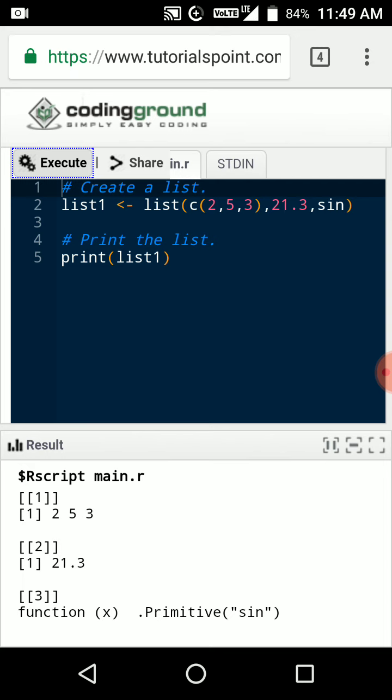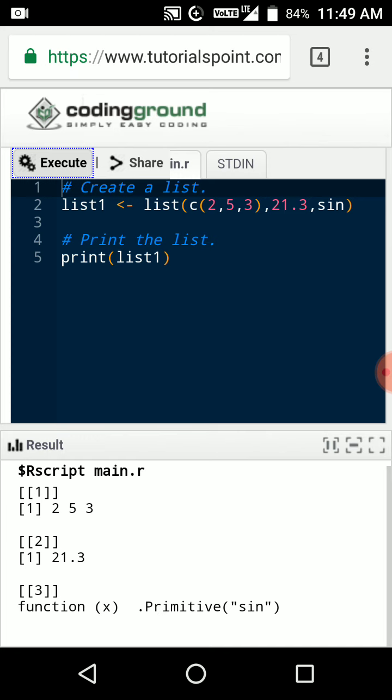The second row, first column is 21.3, and the third row, first column has the function. It is nothing but sin, which represents the primitive function.